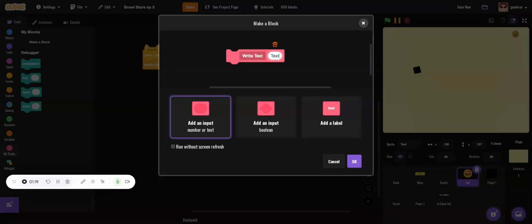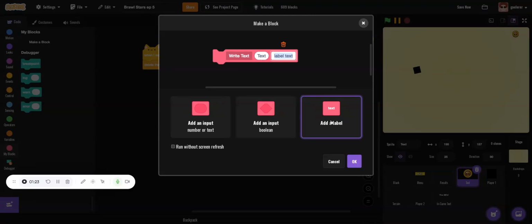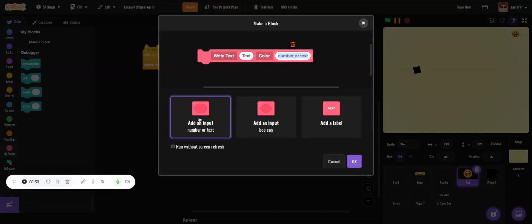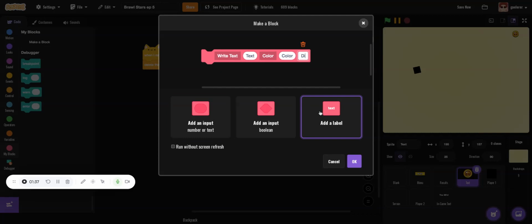Input text, label color, input color, label direction,